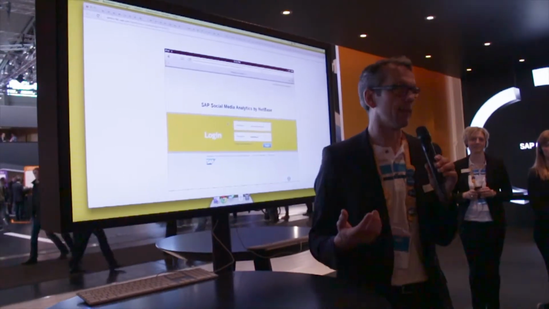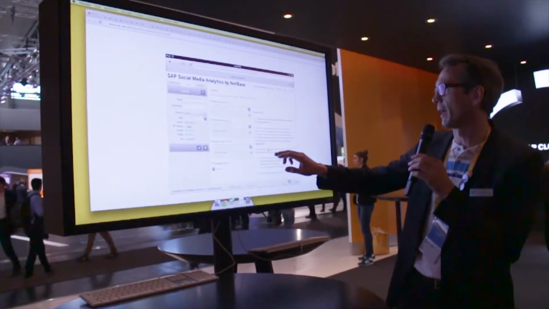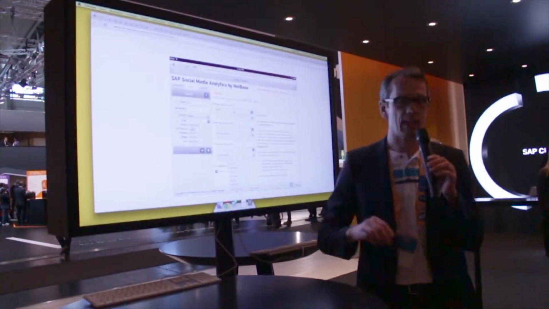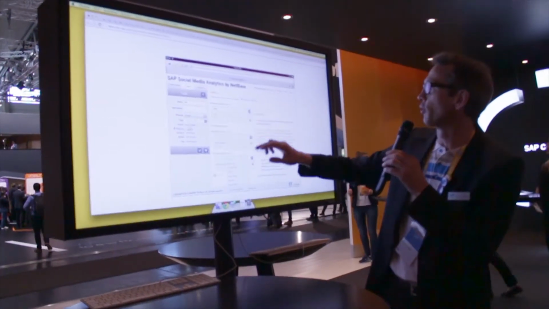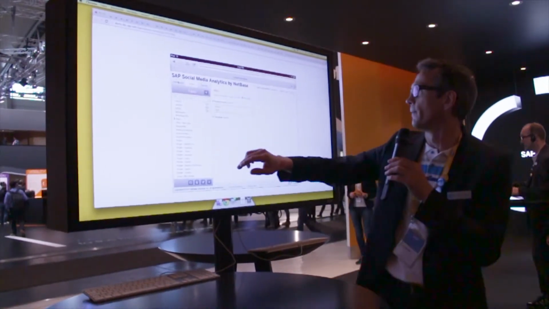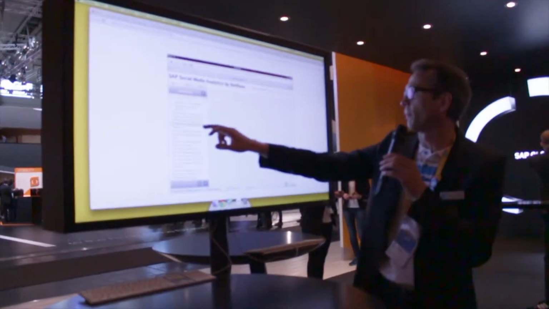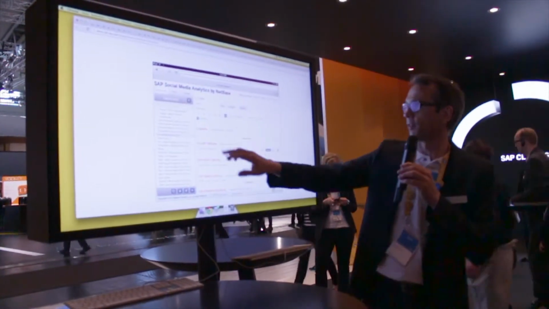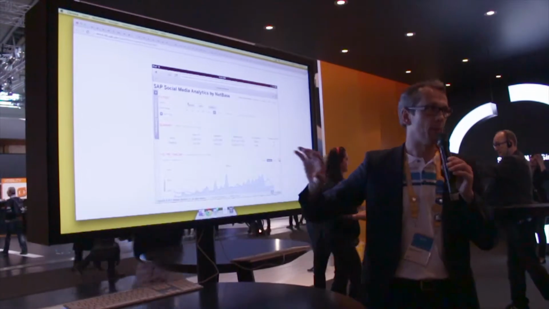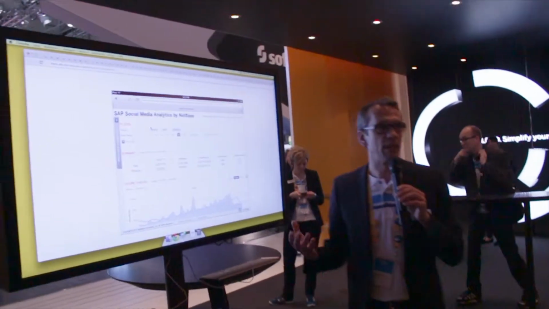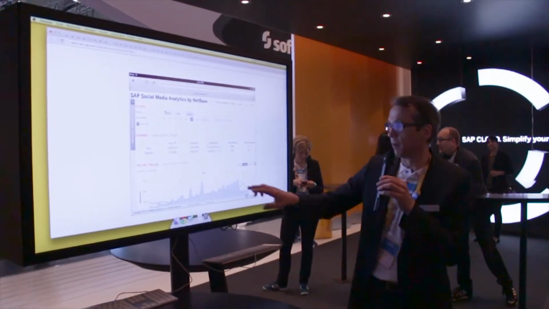With this product, I'm able to actually scan the internet and find out what the people say about special brands. And to show you this, I will make a short demo where we will have a look at a brand called Nike, and we will actually compare this one to Reebok. And we want to have a look at this in the form of a dashboard. So I just build up a dashboard and I have a look at Reebok and Nike, and I get first of all the information how much content is out there.